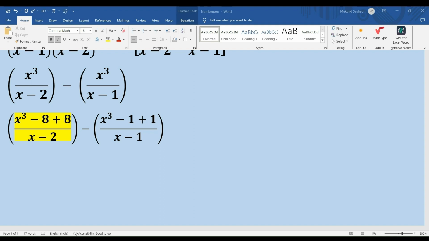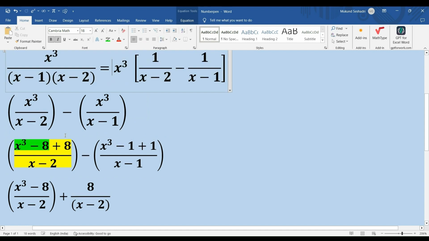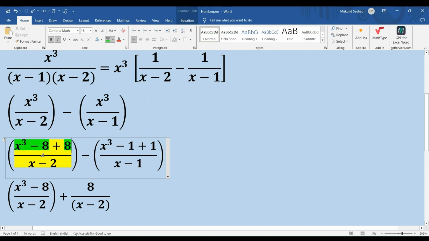So I've highlighted the first expression in yellow. The reason I've done that is I'm going to decompose this further. So I hope you folks are with me. What I've done in decomposition is I've combined x cubed minus 8, and let me highlight it in a different color, say green. And then I'm treating the other 8 separately. So when I decompose this, I get x cubed minus 8 divided by x minus 2 plus 8 by x minus 2, right? And I'm going to repeat the same thing for the other expression, right? So the way I'm going to do this is very similar. I combine x cubed minus 1,